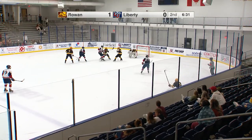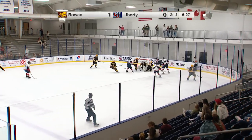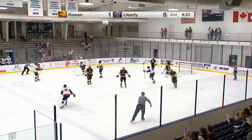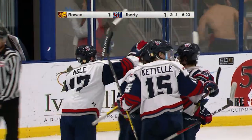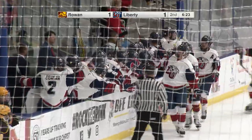Centers it. Ooh, some traffic there too. Swiped away by number 15 for Rowan, Matt Gandy. He just, oh, that's going to be a goal. That's going to be a nice shot right in front of the blue line for number 6 of Liberty, Aaron Spuler, and that's going to be the equalizer as Rowan was sprawling in front of the net for a while,